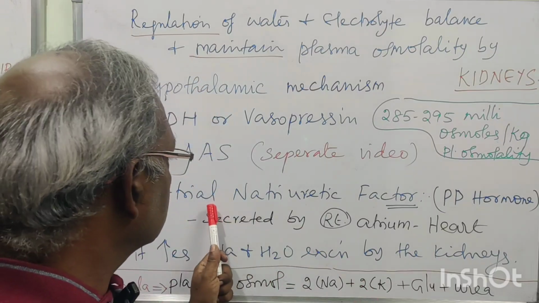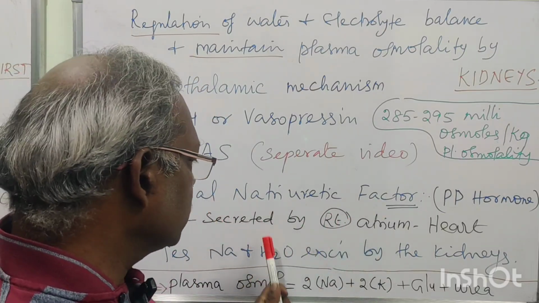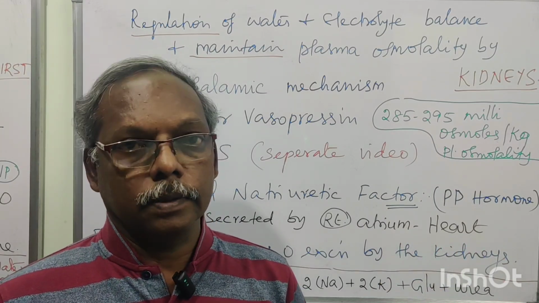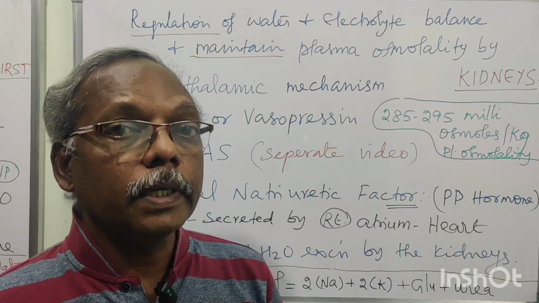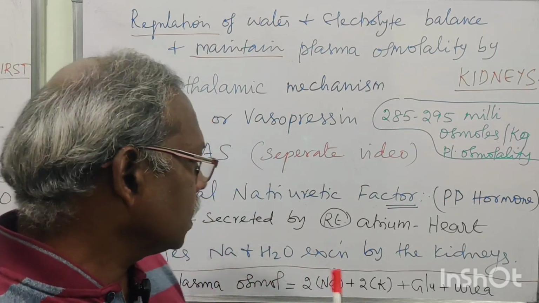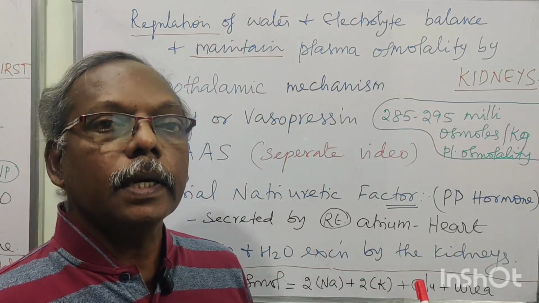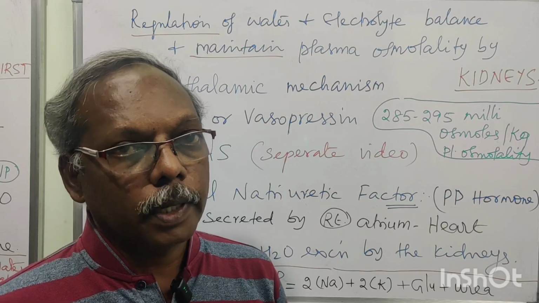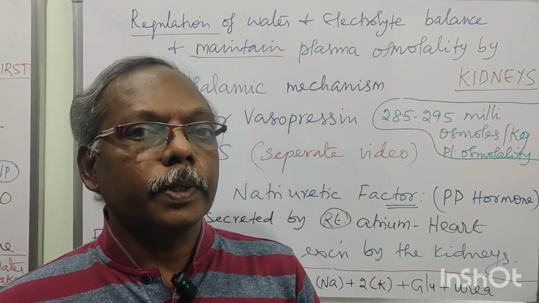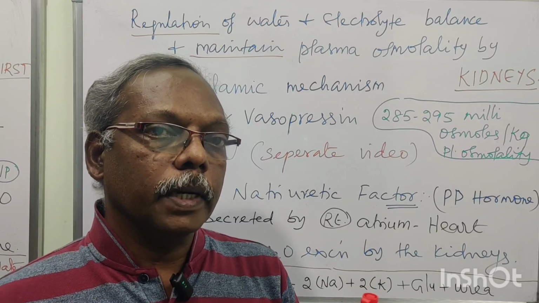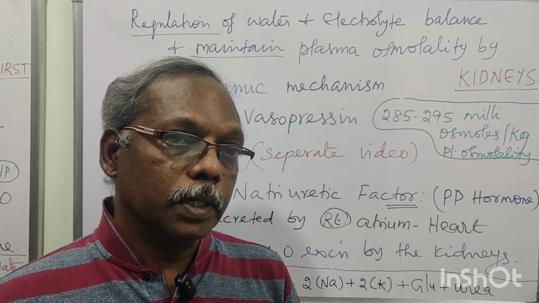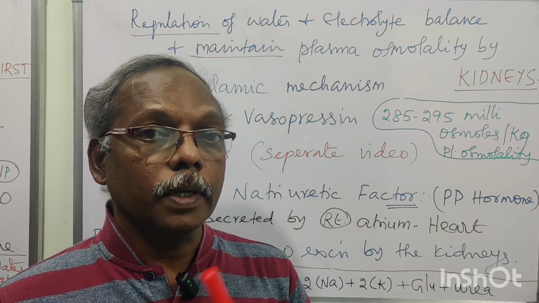Here the atrial natriuretic peptide introduction: it is secreted by the right atrium of the heart, which increases the sodium and water excretion by the kidneys. So the plasma osmolality is a very important point in water electrolyte balance. You should know the formula for the calculation of plasma osmolality as well as the normal value of plasma